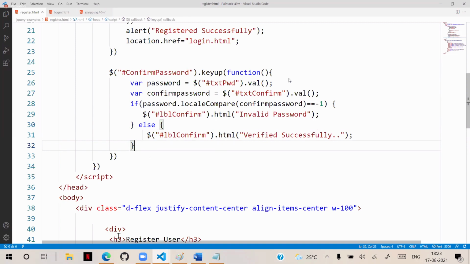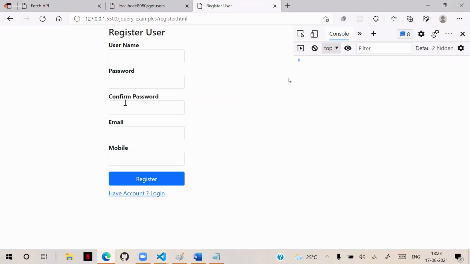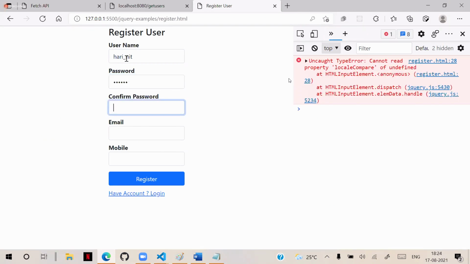But still, there are some important points you need to know here. See, this is password and confirm password. We said Hari, some NIT, and the password is some Hari 11. And here we are typing. You see here, localeCompare is undefined.